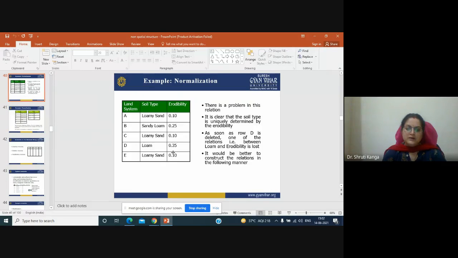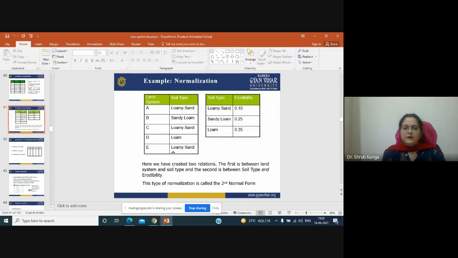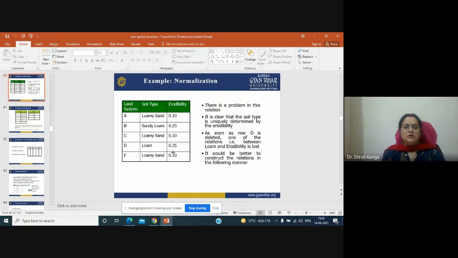Because if you see here, loamy sand came twice, and then the loamy came thrice. Take a soil type where the erodibility is concerned, 0.1010. Here, what we have is land system A, B, because here we have tried to tell about the five systems.